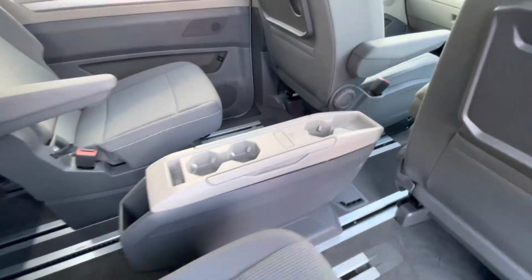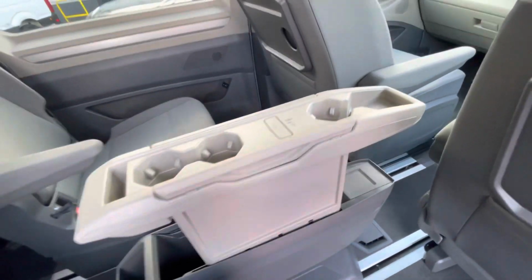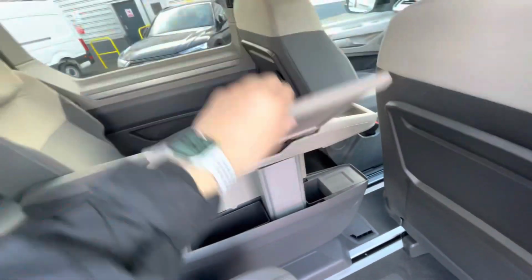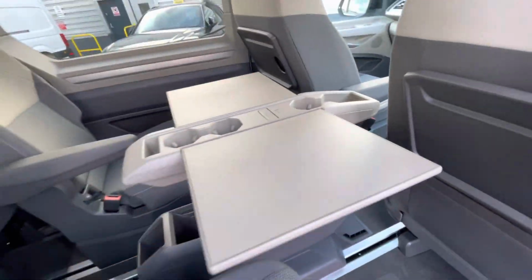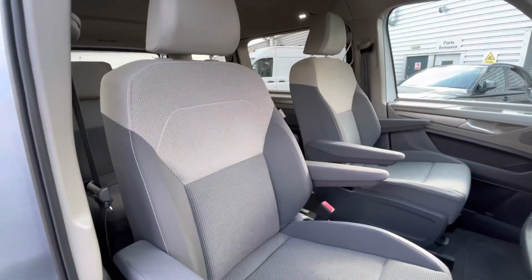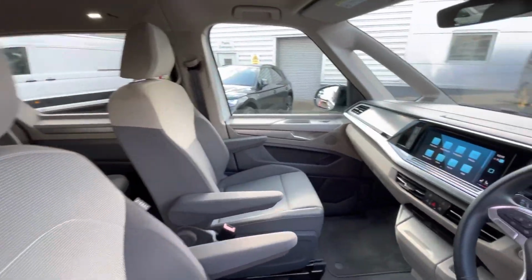This Multivan comes with a multi-function table that has a few different features. It can slide all the way forward or all the way back and has multiple drinks holders as well as 2 foldable tables. Up front in the cab there is some more of the Ribella two-tone cloth upholstery,